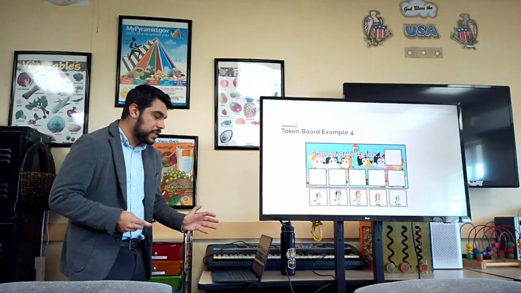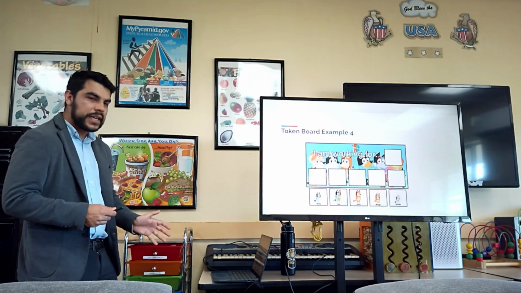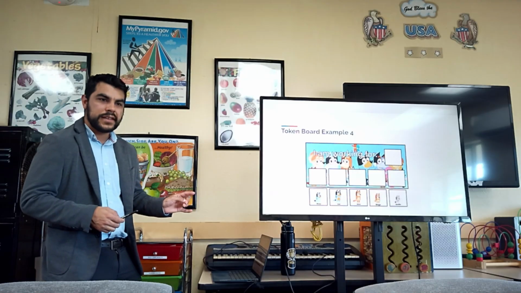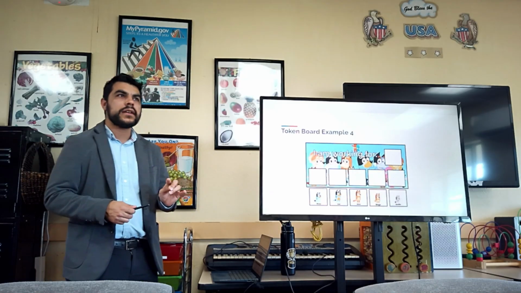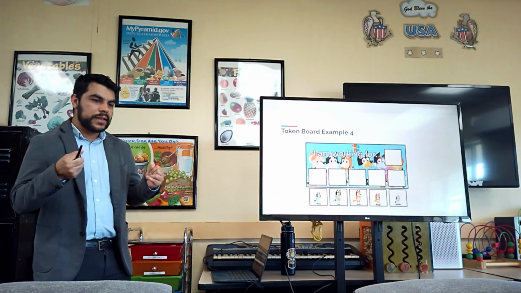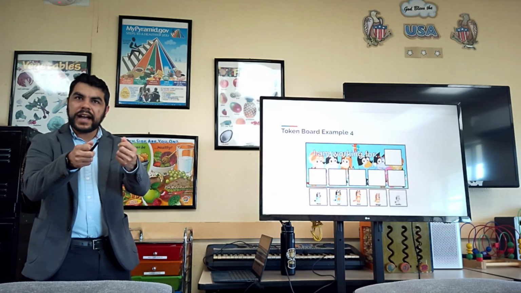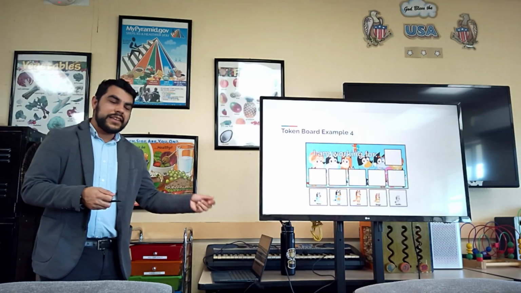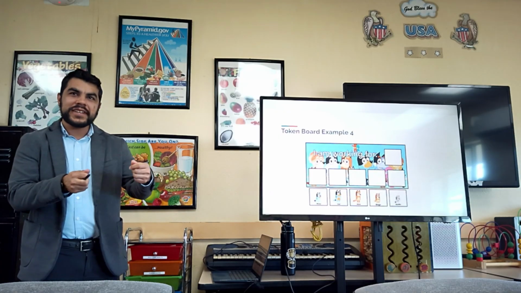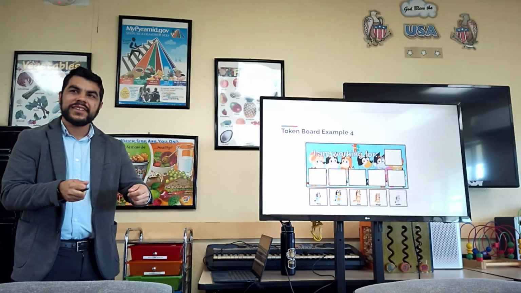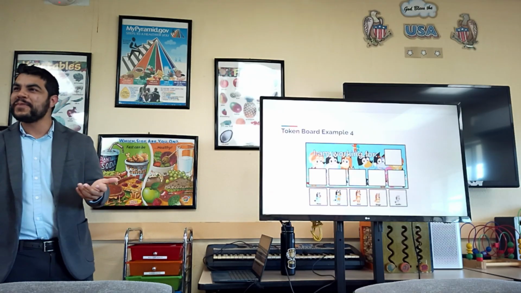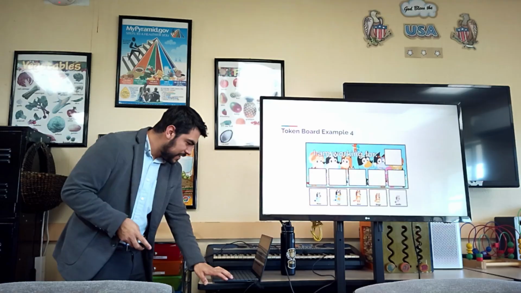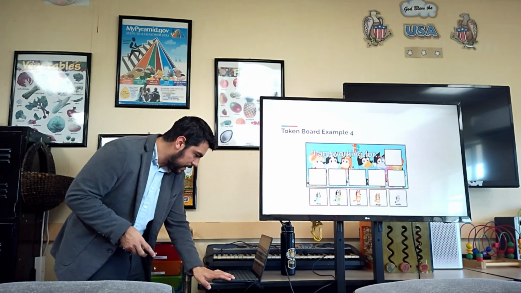They can even make ones that are characteristic or individualized for the learner, although I tend to shy away from these. When you have clients who like tangibles, especially items of their favorite characters, let's say SpongeBob, instead of giving the tokens away to get the backup reinforcer, they want to keep the tokens, which defeats the purpose of implementing the token board. So I tend not to use these that much.